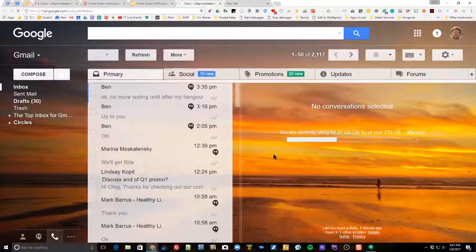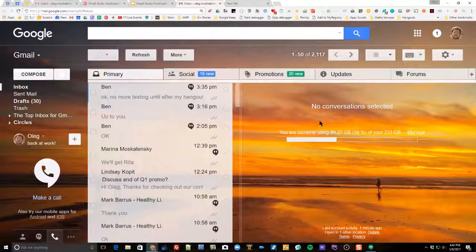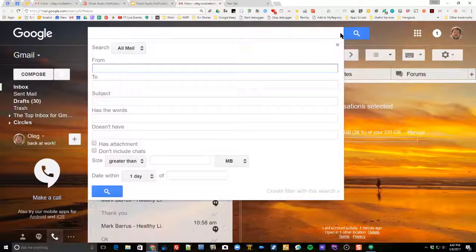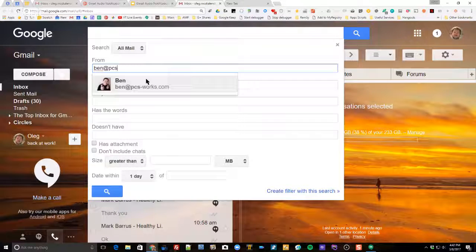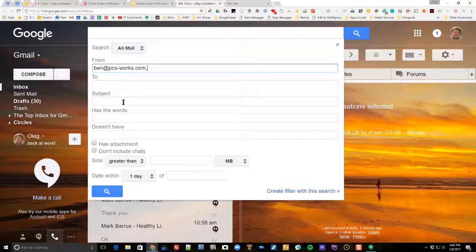Okay, so here we have some emails sitting in the inbox, usual stuff. To create a filter, we simply pull down the search options here, and as you can see right here, it says create a filter with the search. So we need to specify what is the search. Okay, and the search, let's say I wanted to create a label when I get email from my son, for example. So if I get email from Ben here,